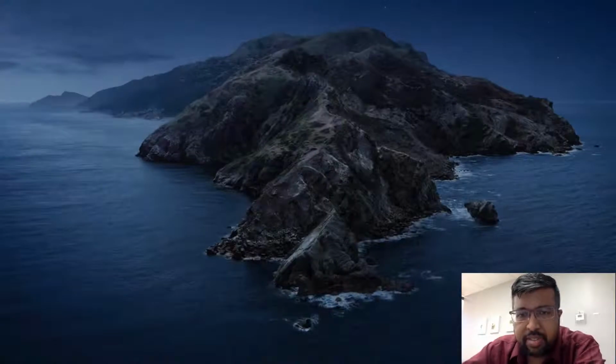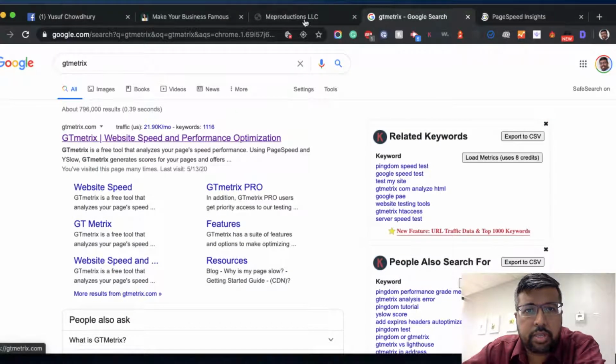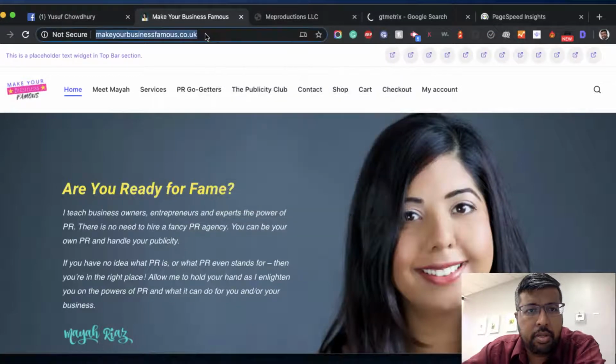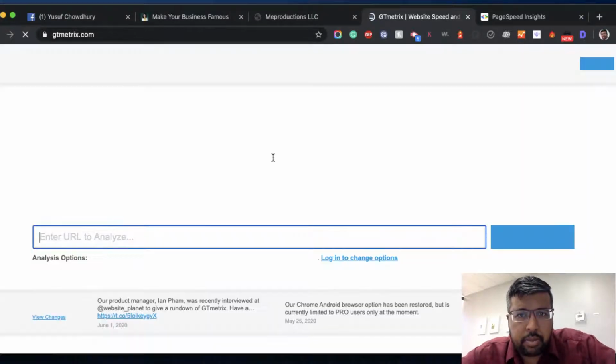GTmetrix and Google Speed Test. So I'm going to show you these two tools that give you the speed of the site right here, and the GTmetrix. So we gotta make sure the speed is good. So right here,